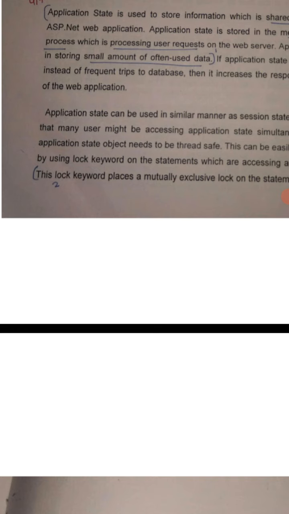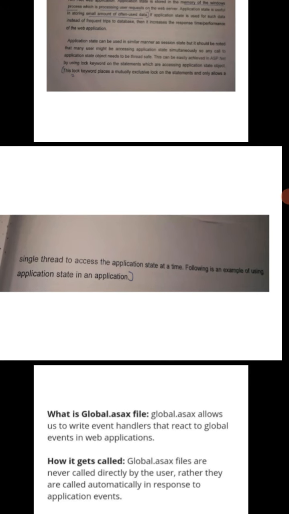This lock keyword places a mutually exclusive lock on the statement and only allows a single thread to access the application state. Following is an example of using the application state in an application.